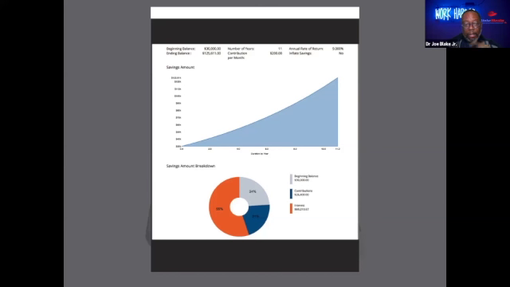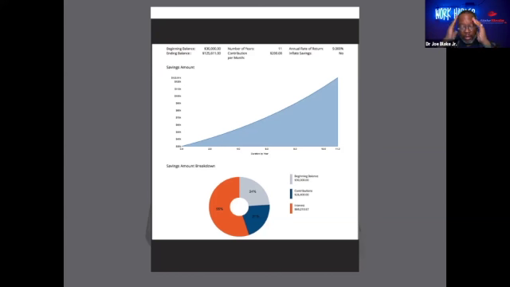In the end, of the 125,000, 24% of it would have been what you put in, that beginning balance of the 30,000. 26,000 would have been what you added to it. But 55% would have been gains. The growth on your money would have been more than half of what you put in.